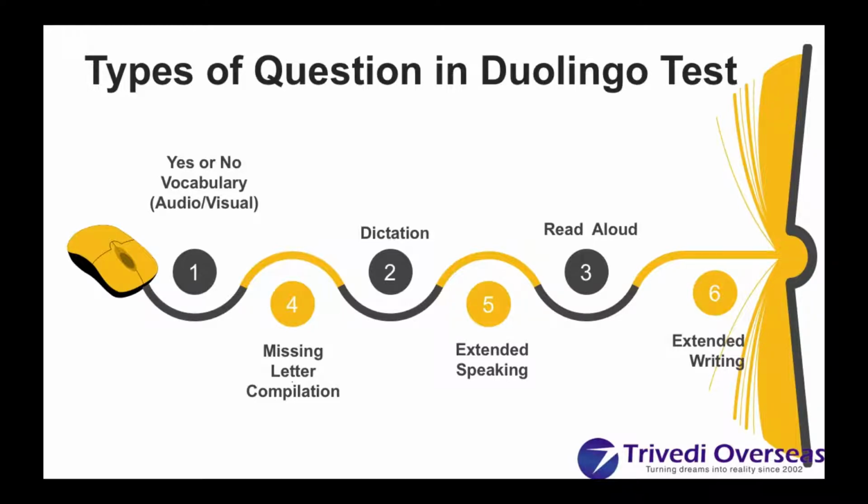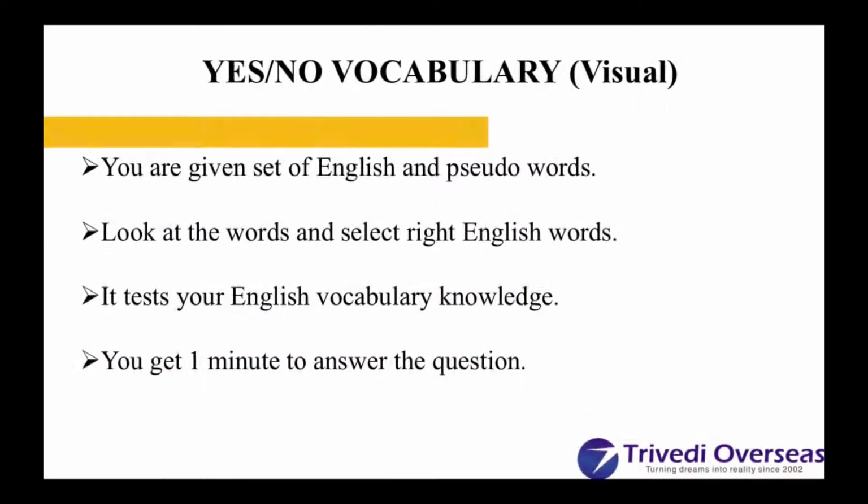Next, the types of questions in the Duolingo test. There are 6 types of questions in the Duolingo test, which are: yes or no vocabulary, audio or visual dictation, read aloud, missing letter completion, extended speaking and extended writing. So now we are going to go through the procedure of the first one, that is the yes or no vocabulary